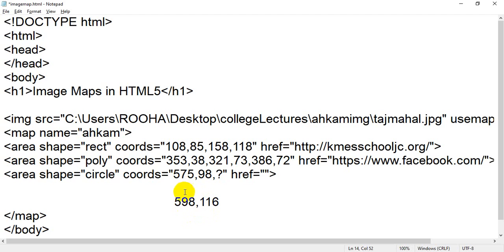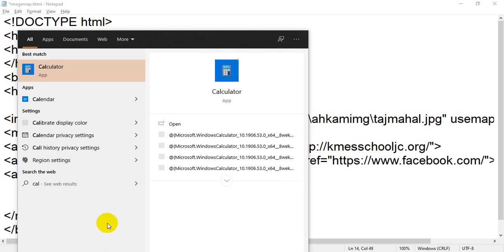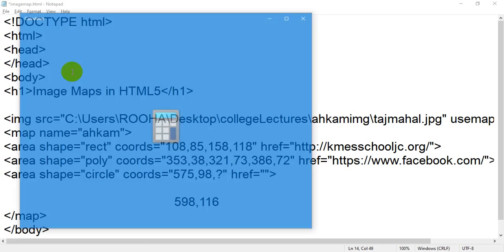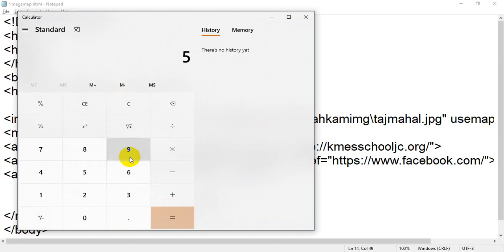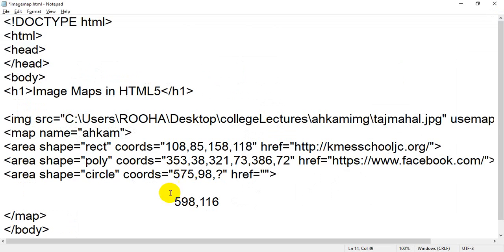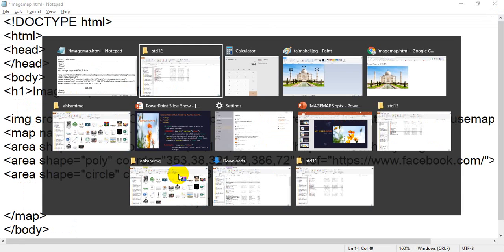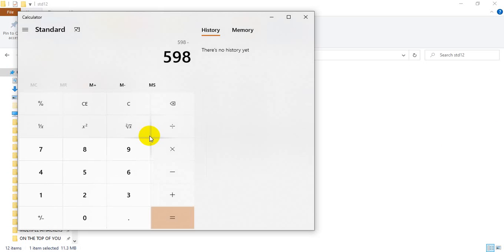For example, I subtract 598 minus 575. Now you will get the value 23.